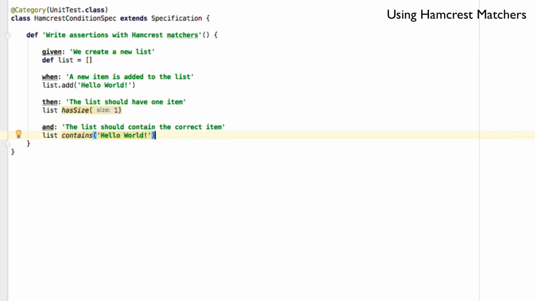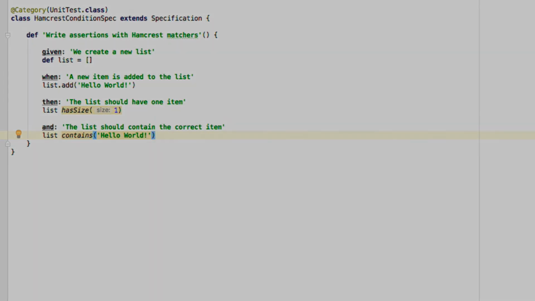We can now add conditions to our feature methods, write assertions for the thrown exceptions, and specify conditions by using Hamcrest matchers. Let's summarize what we learned from this lesson. This lesson has taught us that